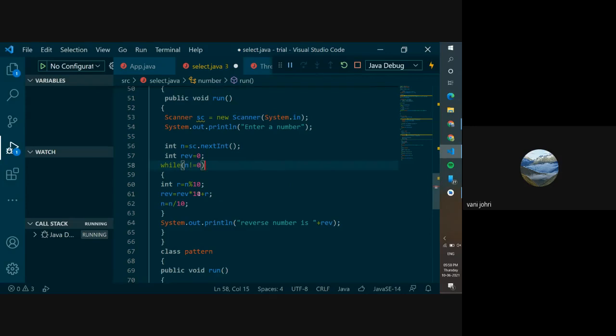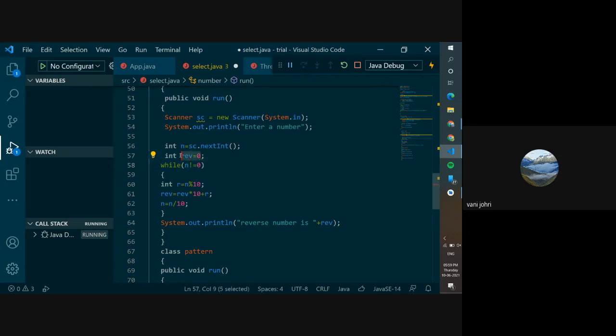So 120, we don't want that. We want 2 into 10, which would give you 20, and 20 plus 3 would have been 23. And then 23 into 10 would have been 230, and 230 plus 1 would have been 231. And that's what 132 reverses to, 231. Are you understanding what I'm saying? That's why it's supposed to be 0.